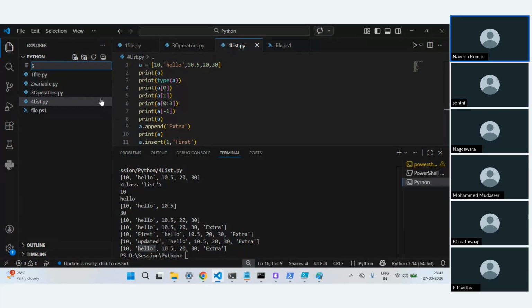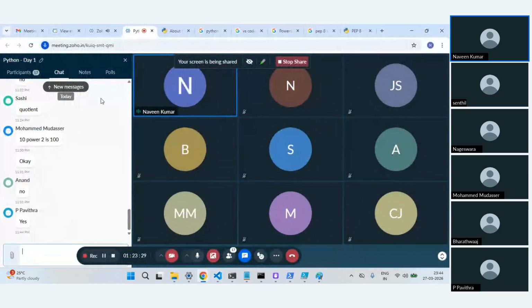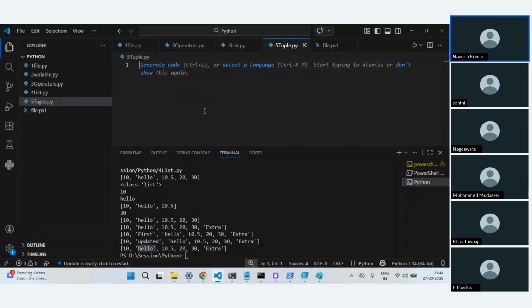Then we have something called tuple. You have a question, Pavitra? Okay, I guess it's no, but you can just put it in chat or unmute.